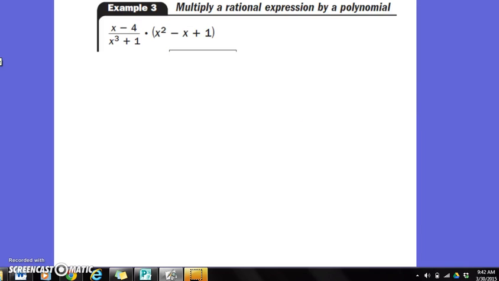Going on to multiplying. Now, all you have to do to make this a fraction is put it over 1. And you simplify. X plus minus 4, sorry. Here, this is